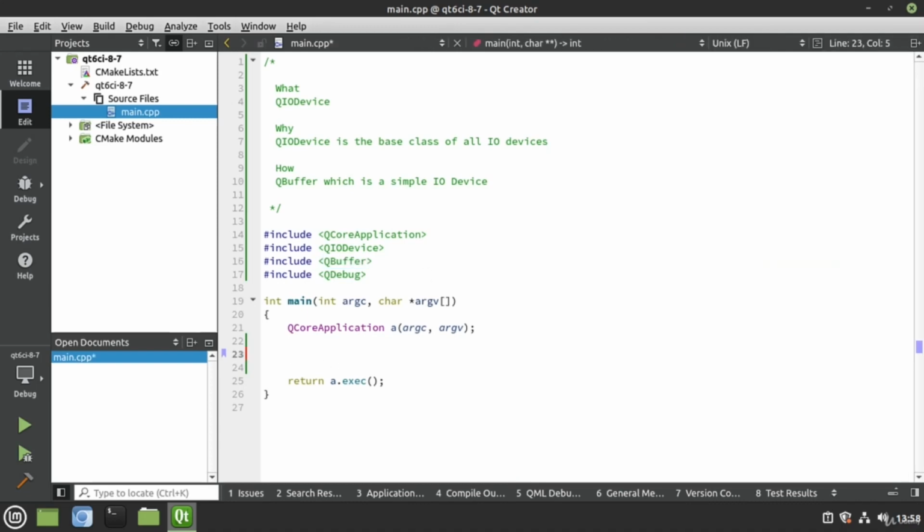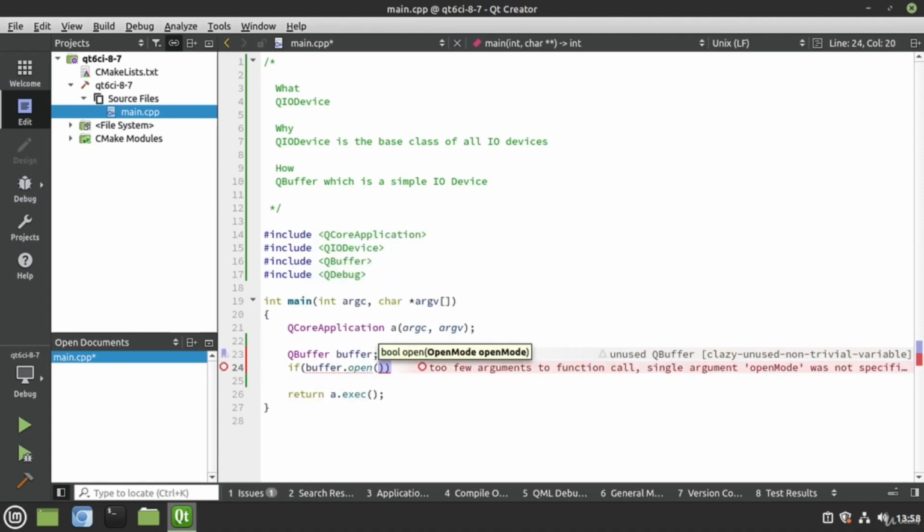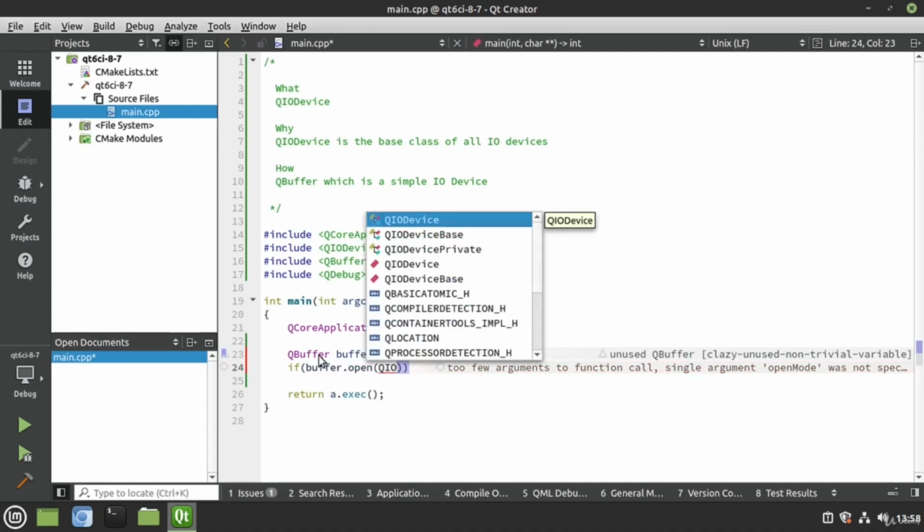So let's go ahead and start with that. We're going to say QBuffer. Let's just call this buffer. The first step is we need to open it. Think of it a lot like opening the door to a room. So I'm going to say if buffer.open, and notice it's going to return a bool. Now I want to say QIODevice,